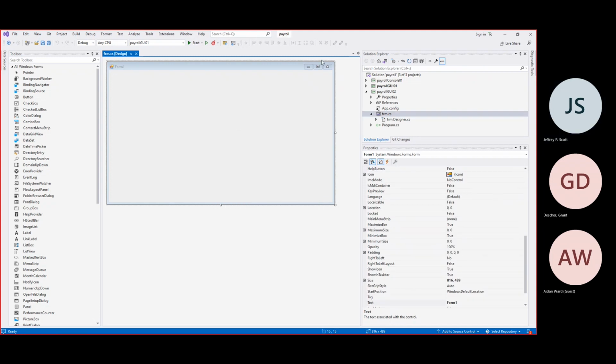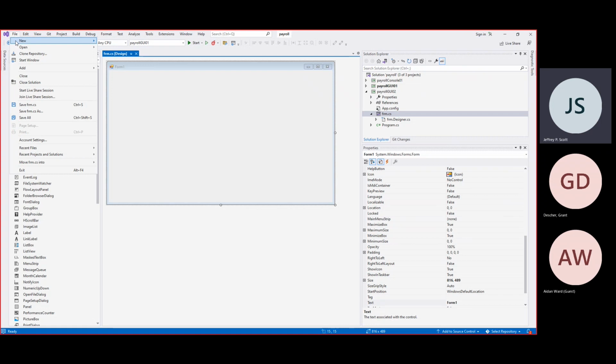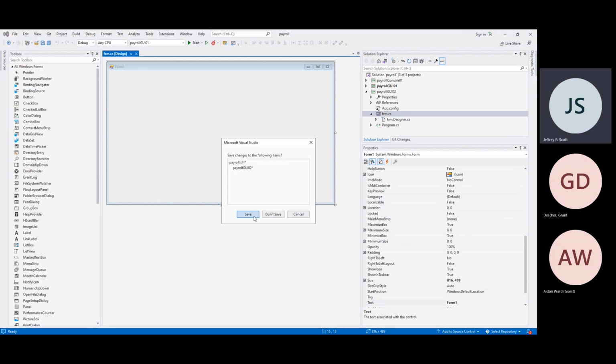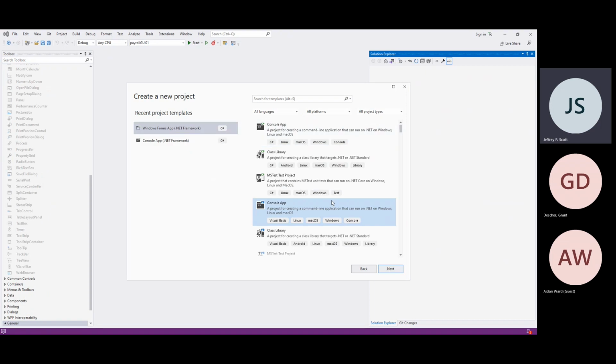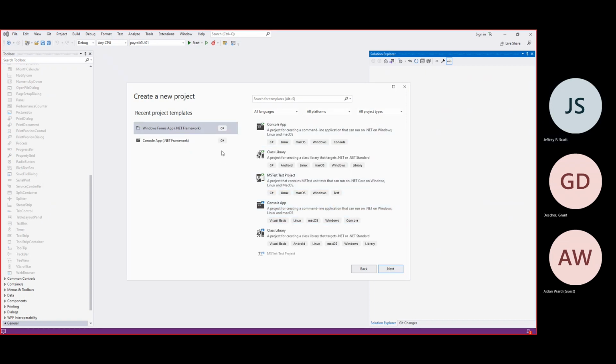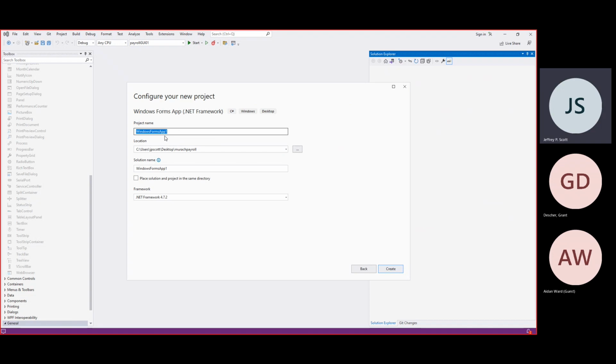All right. I'm going to stop this and I'm going to do a File, Close Solution. I will save everything, but I'm going to do a new project right now. So new project. Let's see. It will be a Windows Forms app. I want to try calling it invoice